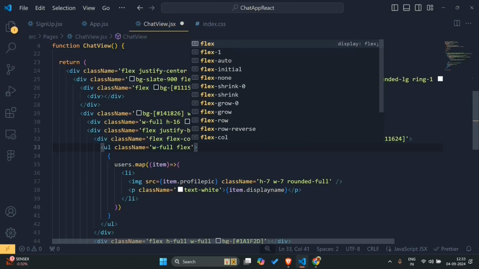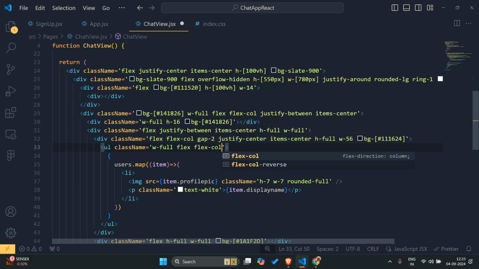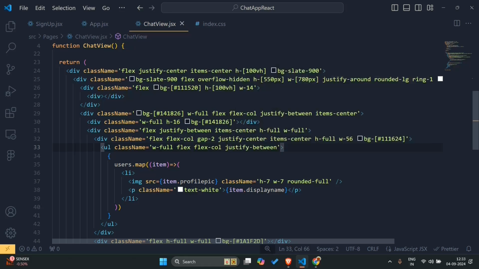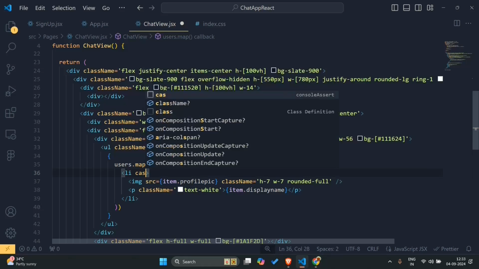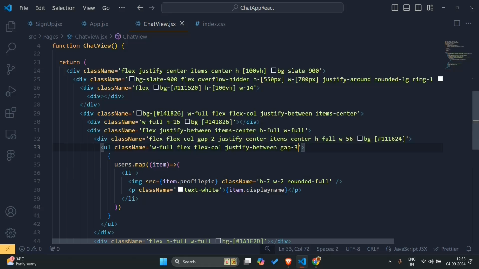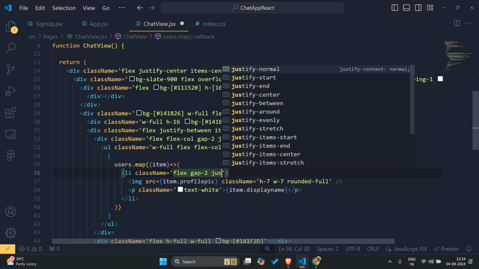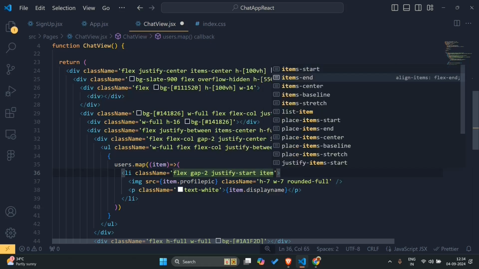Also there's a reason, and for now just say here flex, and flex will be column, and justify center and justify between, and in list, or here gap would be 2, and in list let's add the class name flex gap 2 justify start and items center,